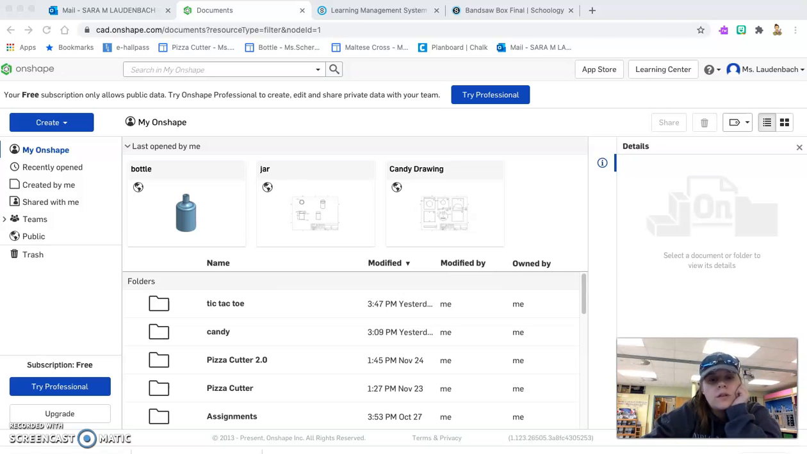Okay, so this is Onshape. This is the program that we're going to use instead of Autodesk Inventor. So last year you might have done Autodesk Inventor with 7th grade with Mr. Wilson. This is kind of the version that we can use on the Chromebooks. So after you get an account,